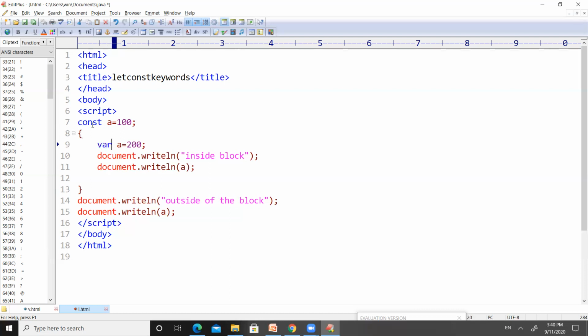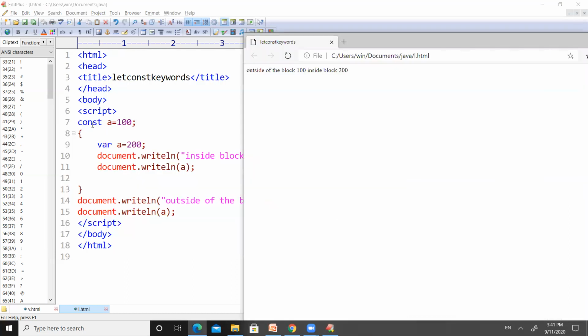And we try to print the value of A within the block and outside of the block. I'm saving this code by pressing Control S. Let us go to the output window and make a refresh here. If I make a refresh here, I am getting nothing. I'm getting no output for this program.